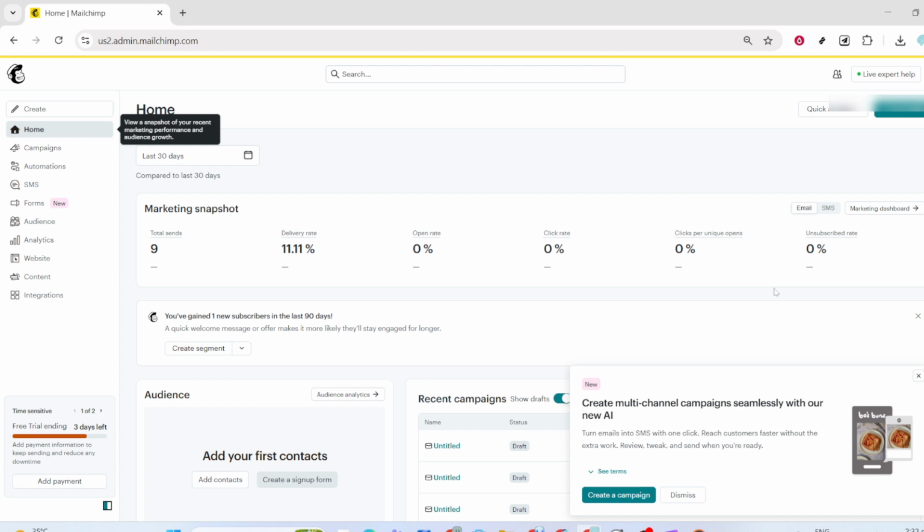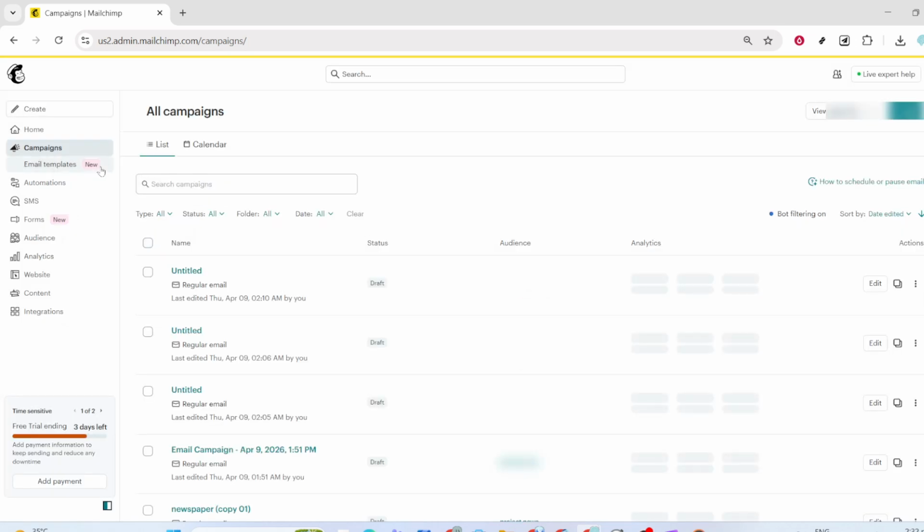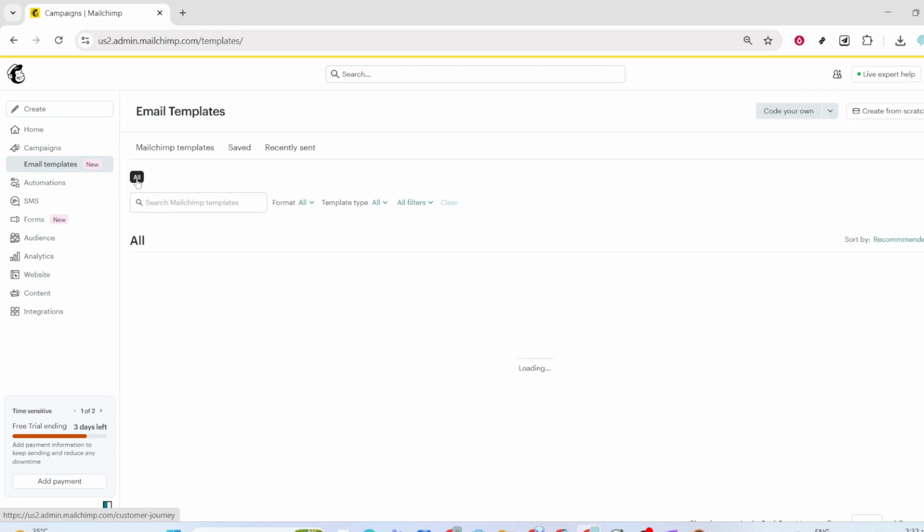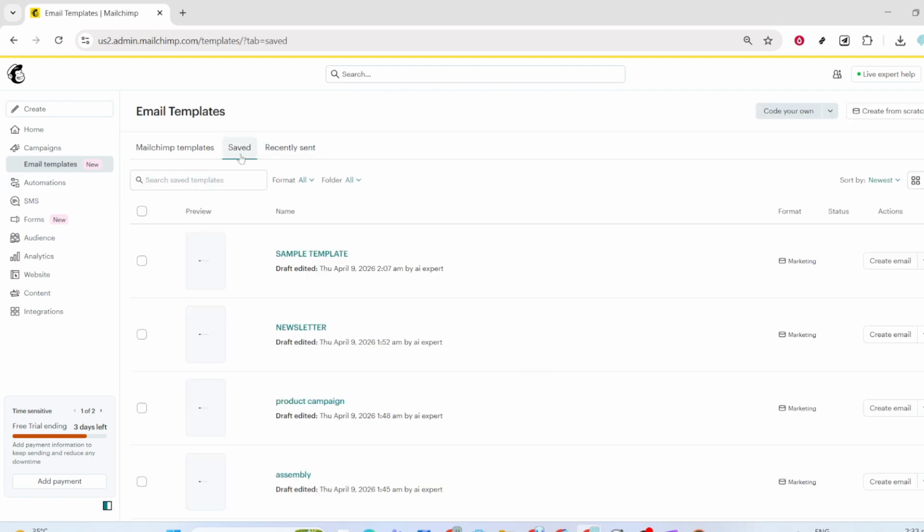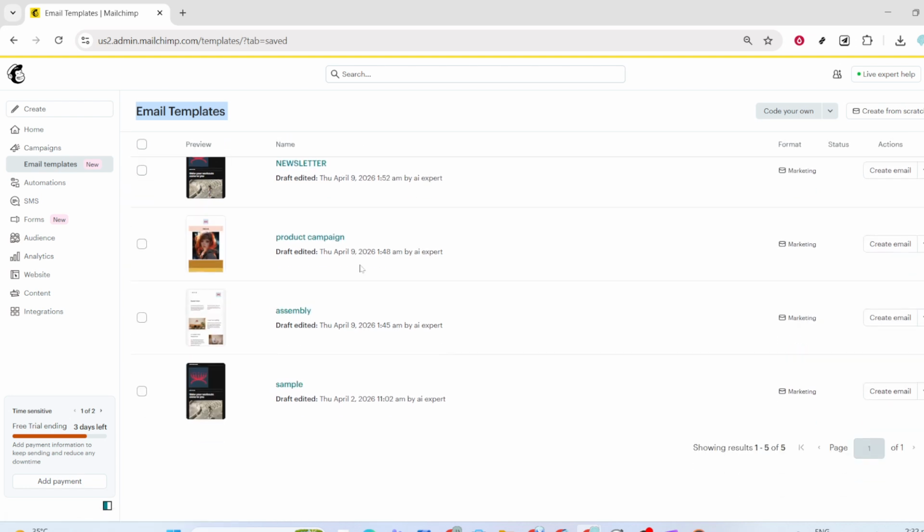Start by heading to the Email Templates area from the top menu. This is your central hub for anything related to template creation and management. Once you're there, look for the Saved Templates section. This is where all your existing designs live, including past newsletters, product campaigns, and any sample templates provided by your platform. If you have a long list, use the search or sorting options to quickly zero in on the template